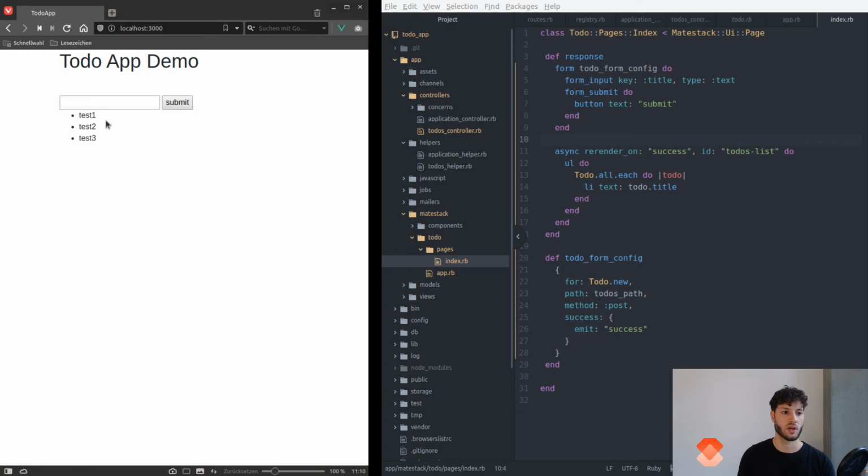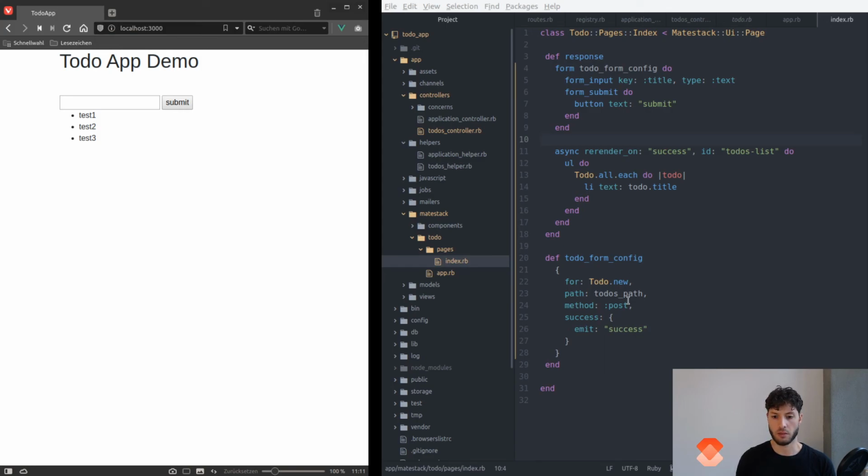The async is re-rendering that part, and only that part of the UI, based on a client-side event. By the way, that's working for server-side events pushed via Action Cable as well, so async doesn't care where this event is coming from, but that's a different topic. We're going to cover that in some future videos. Okay, so